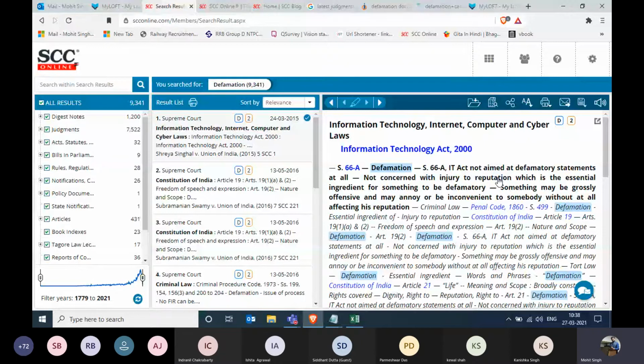So now I've got around 10,000 results, 9,000 results to be accurate. And now I can quickly go to any of the documents and see whether I'm looking at a later judgment or not, right? But before that, I need to